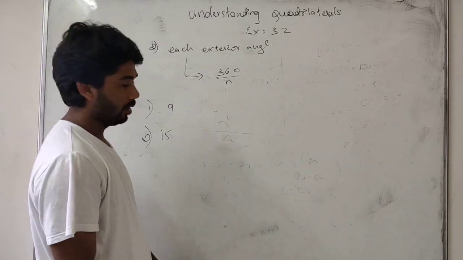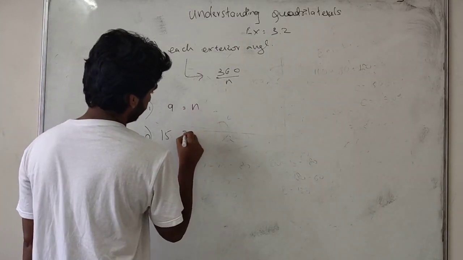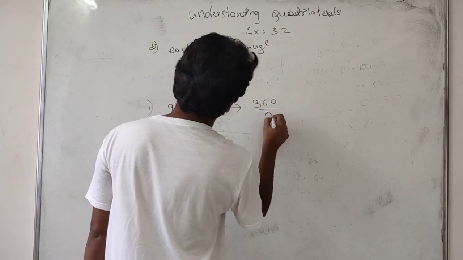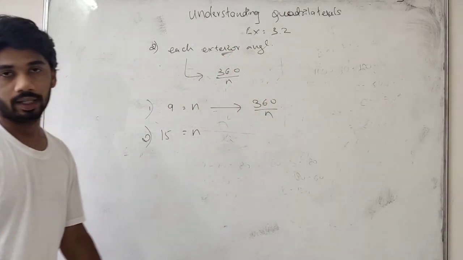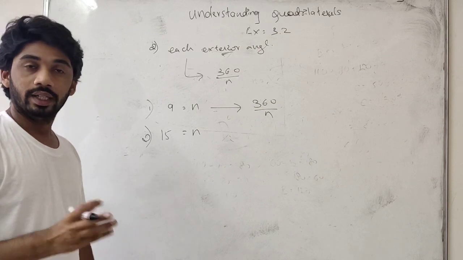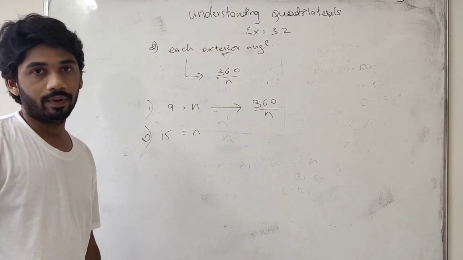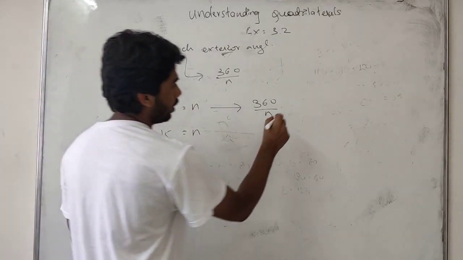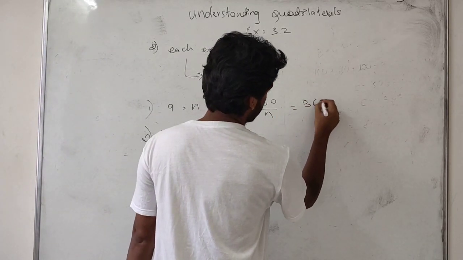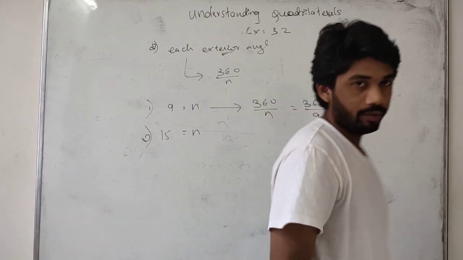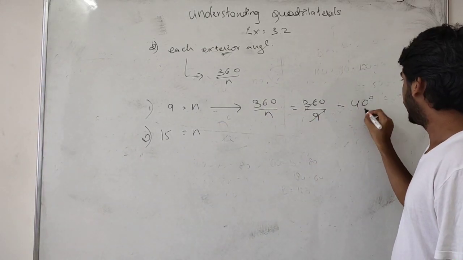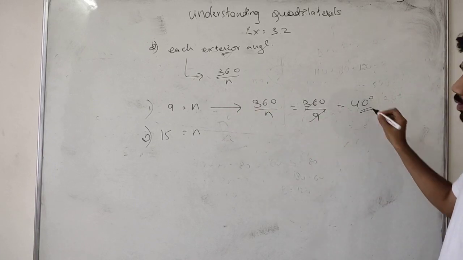So it is nothing but n. For the formula we can write 360 divided by n, which is the formula of each external angle. You can use one more method: you can also take the internal angle and find it, but it is easy because they ask directly for the external angle. So external is 360 divided by n. 360 divided by 9 is 40. For 9 sides, each external angle will be 40 degrees.